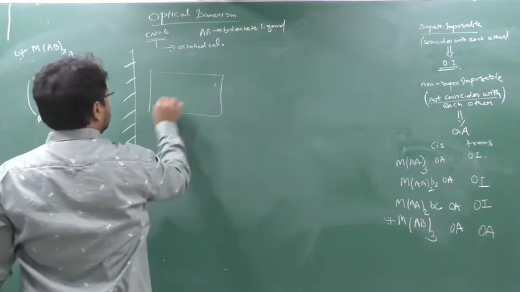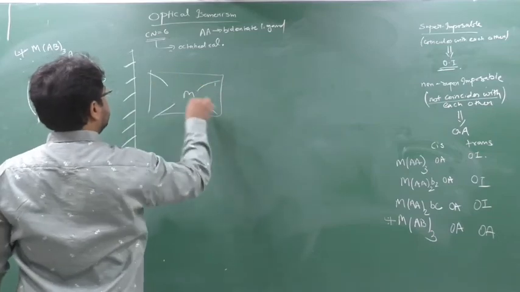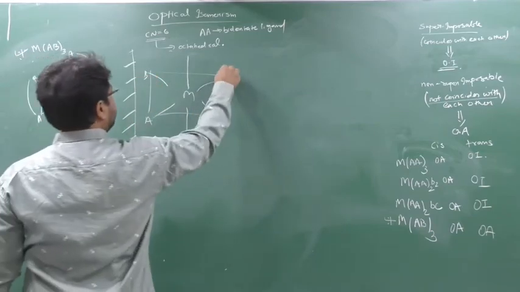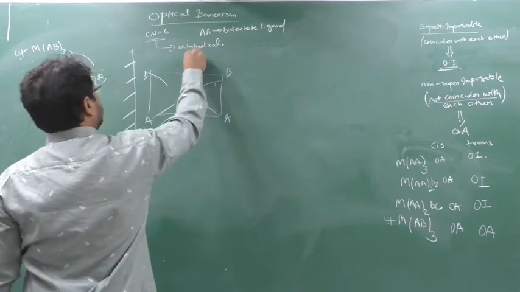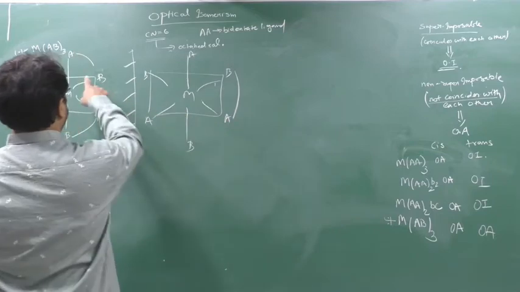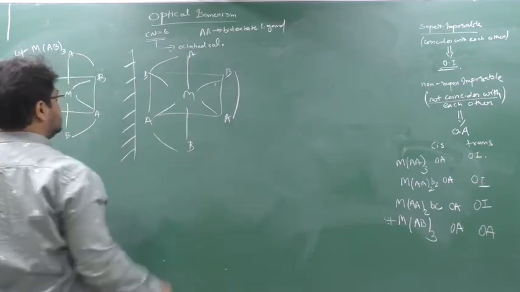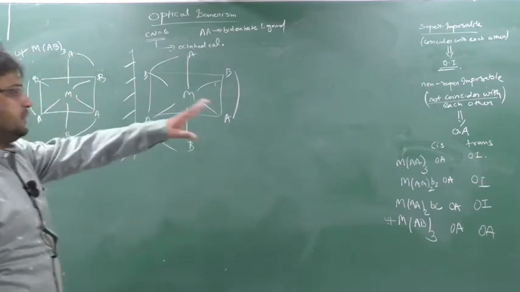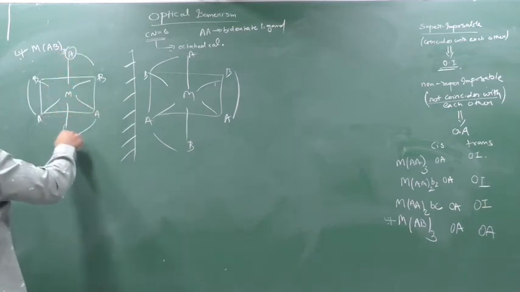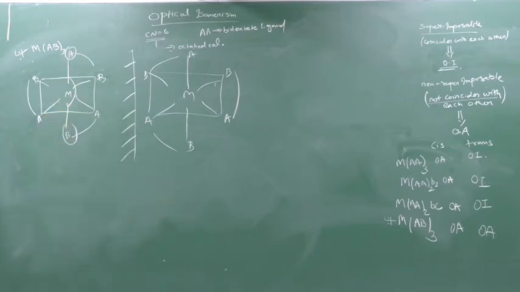Understand in this way. So here M, create an image. When you create an image, it will come here B, it will come here A, it will come here B, it will come here A, top A, below B. So here no bonding, here bonding will be there. Second portion, your first portion will come. When you take this, it is non-superimposable, optically active. This you consider as cis. But better, this is also a trans. See the bonding between A and B, 180. I have not shown the bond, but actually the bond is 180 only.